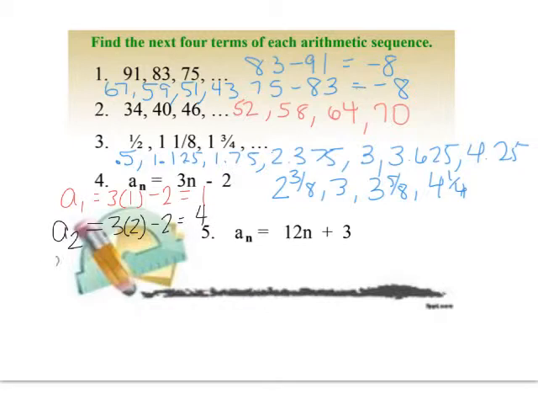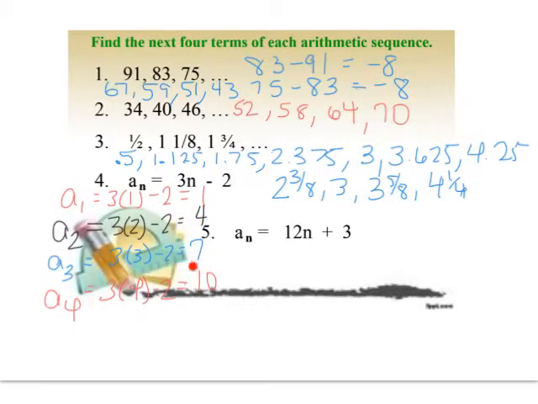To find the third term of the sequence, I would substitute in a 3. 3 times 3 minus 2 would be 7. And to find the fourth term of the sequence, I would substitute in 4. 3 times 4 minus 2 is 10. So if I just take a look at these numbers that I got, a_1 was 1, a_2 was